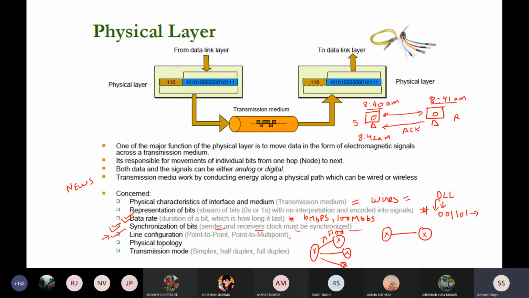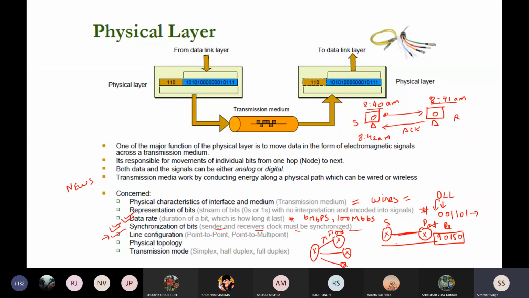So the communication depends upon the configuration. The configuration can be point to point, meaning you want to send to a particular receiver.